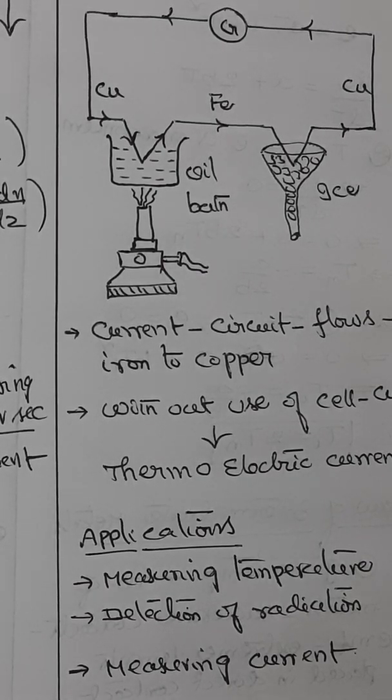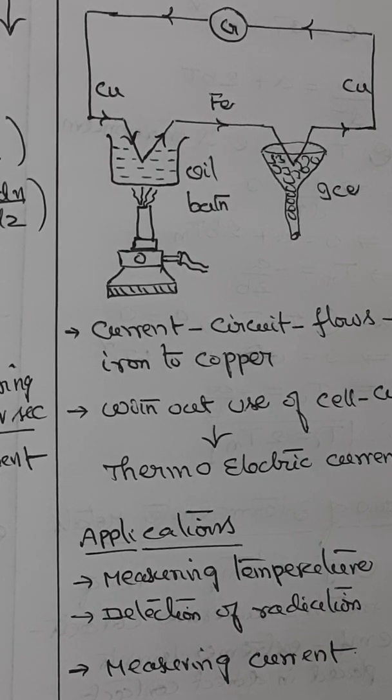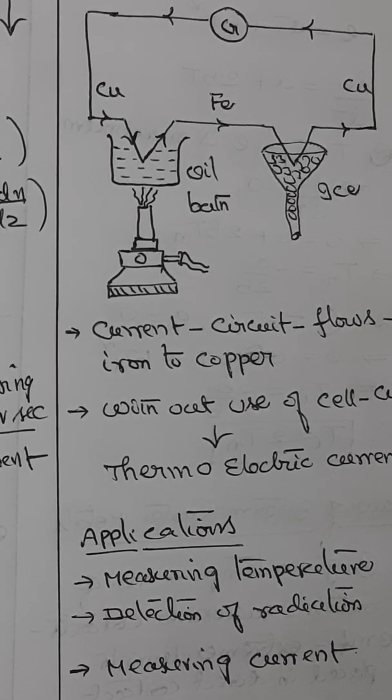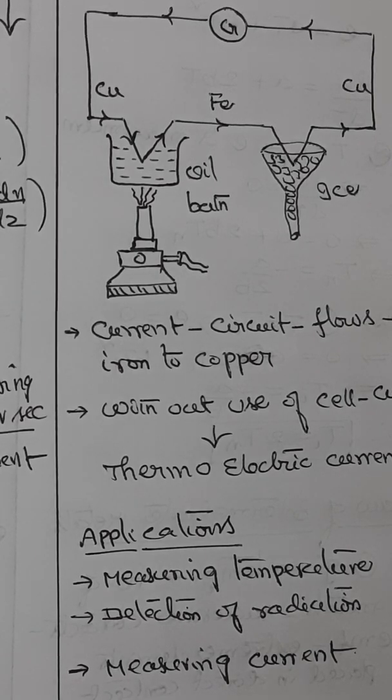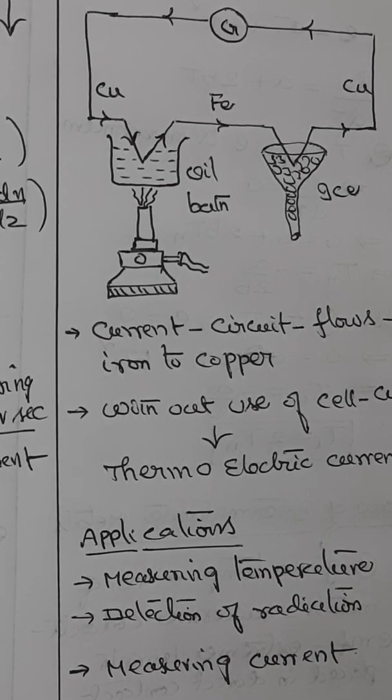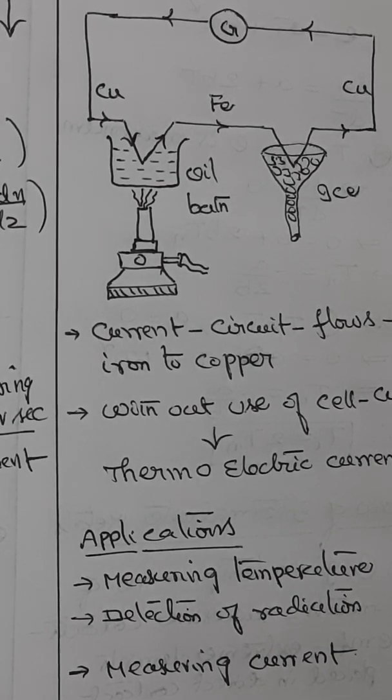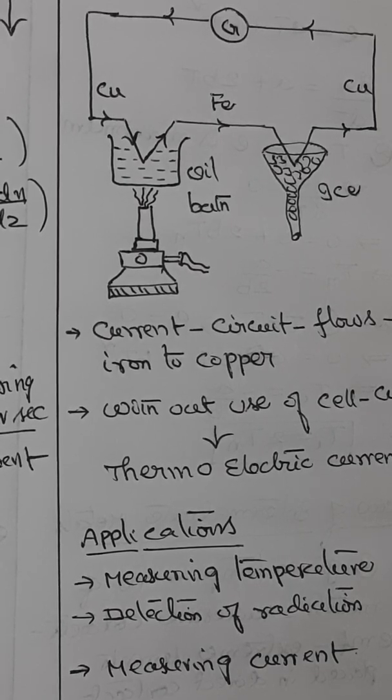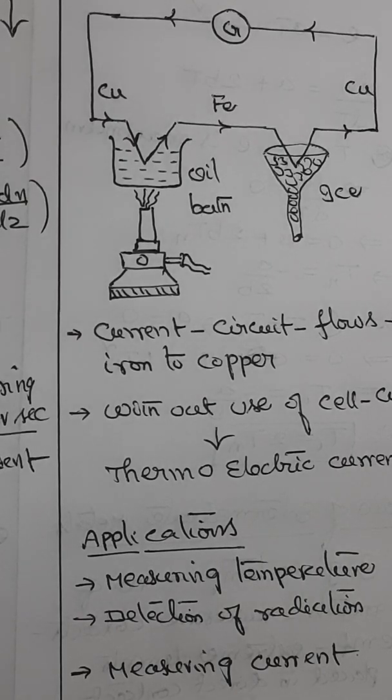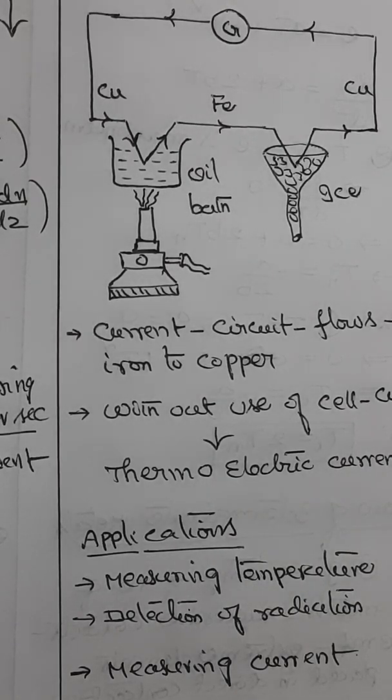The thermoelectric effect is also used for measurement of current. The Duddell thermogalvanometer is used for this purpose. It is similar to the Boys radio micrometer, with the difference that a heater coil is placed near the thermocouple. The current to be measured is passed through the heater coil, which emits heat radiation, which is measured by the radio micrometer. So these are some of the practical applications of the Seebeck effect.